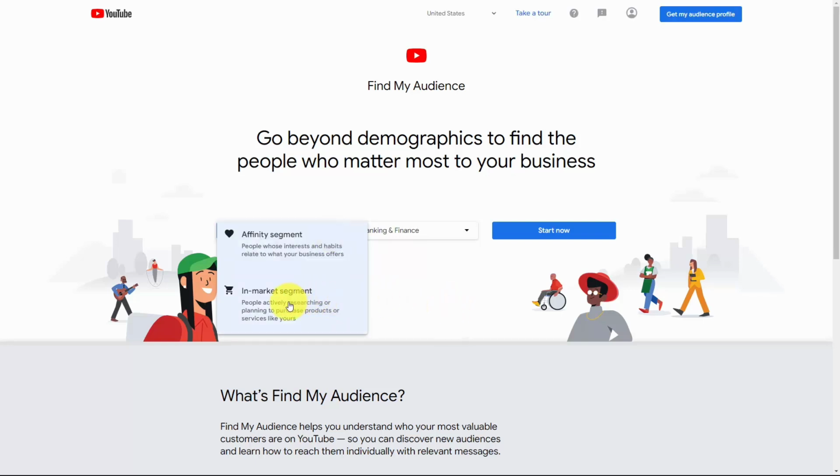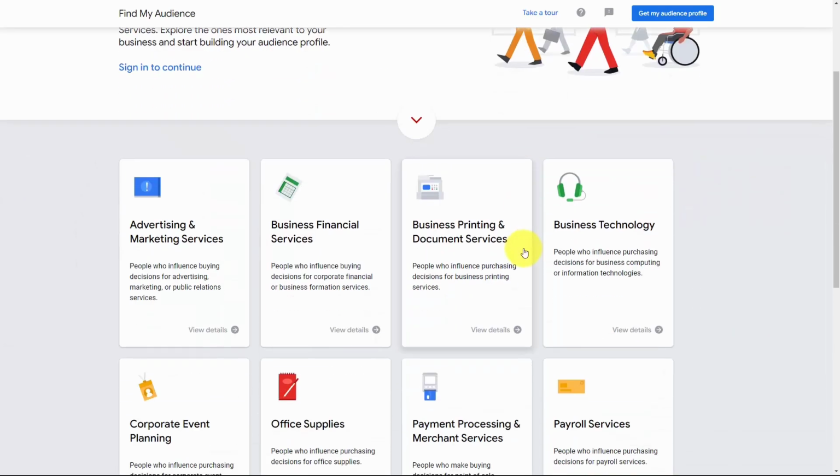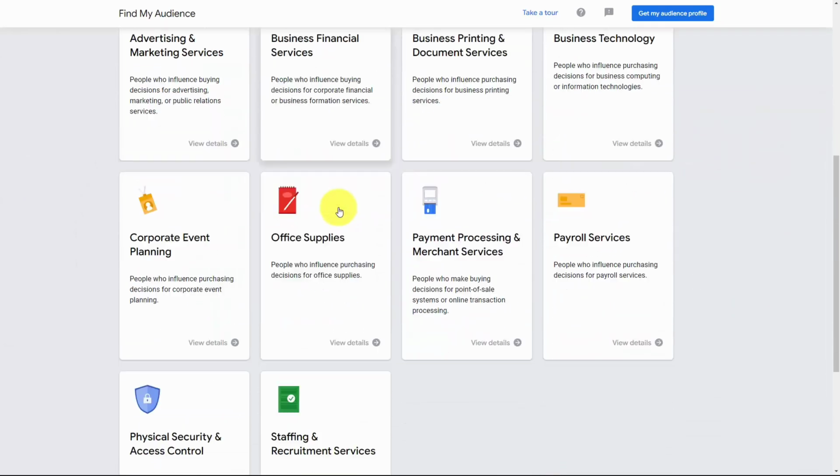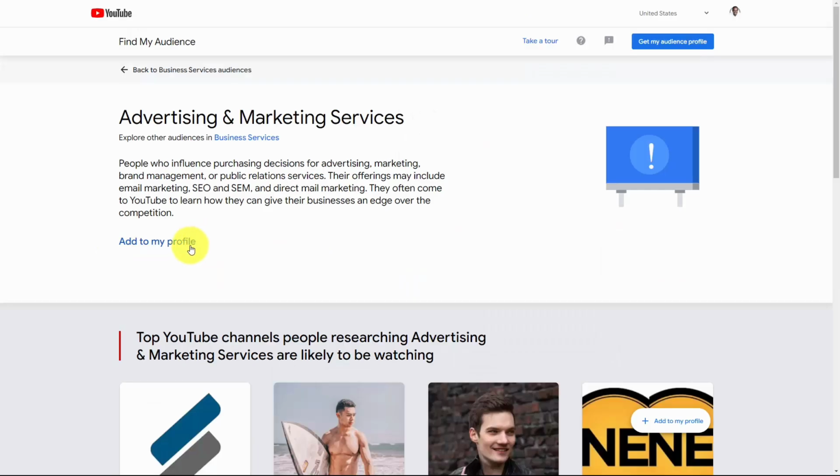We are first going to work with an in-market segment. You can then select your category. You can then click Start Now. What you'll then do is choose the segment that best reflects your audience. Once you do that, you're going to click and choose the segment. You can then add this audience segment to your profile. Once you've added all the segments to your profile, you can then click this link that says Get My Audience